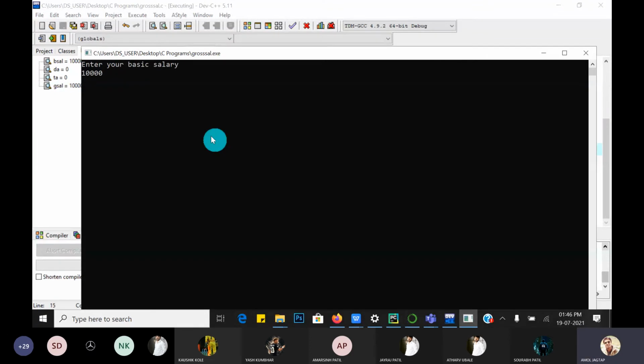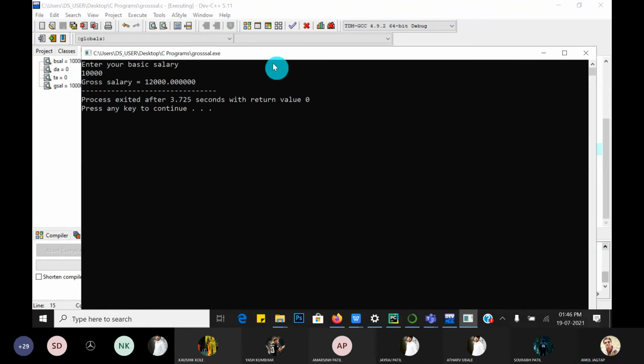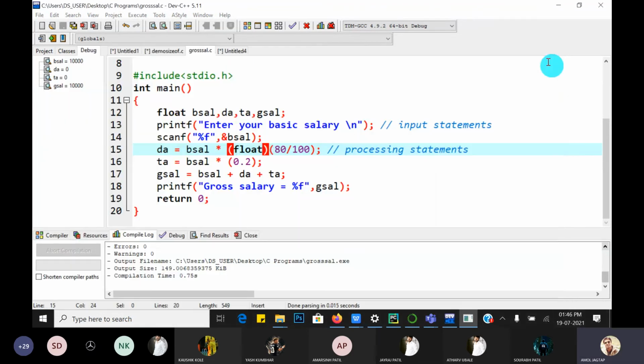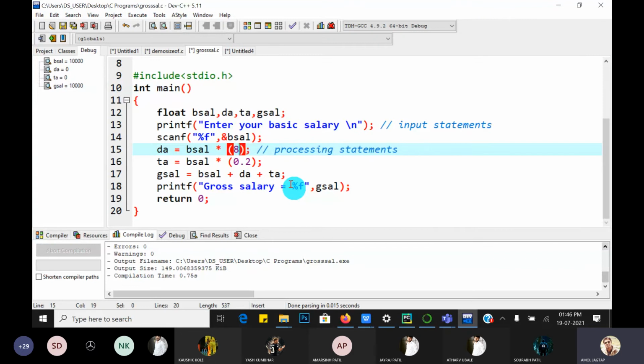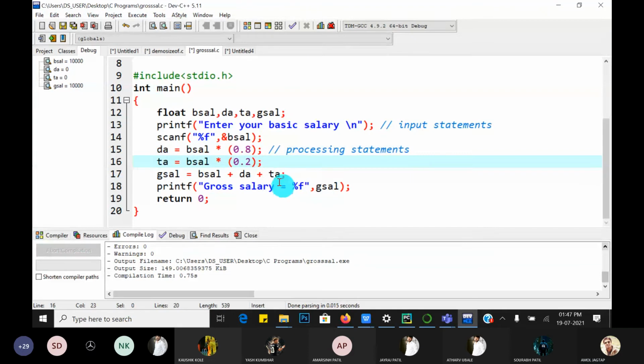Now same 10,000. Oh no, gross salary is itself 12,000. Means this is also not working here. So guys, understood? So right here, instead of 80 divided by 100, write 0.8 itself. Okay, guys, understood?